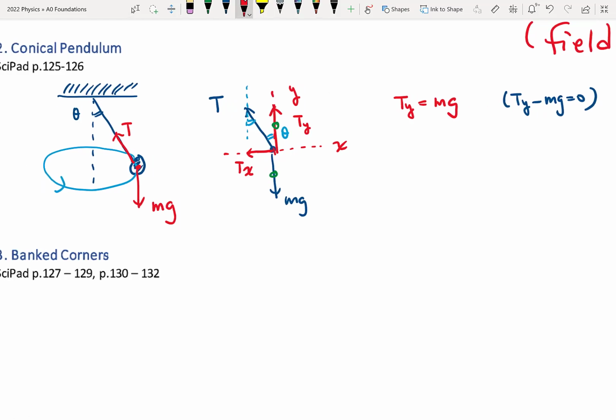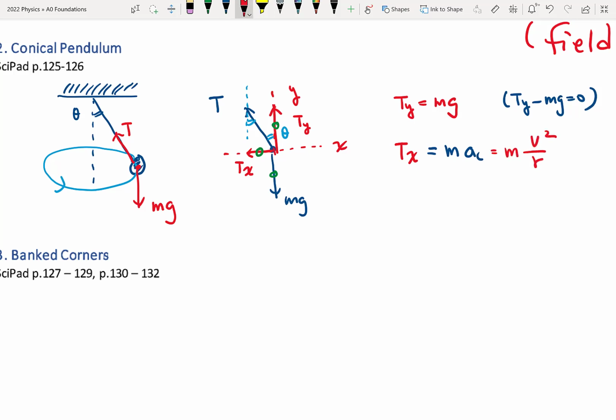And the other one is Tx. So Tx, the horizontal component of tension, provides the centripetal force the conical pendulum needs. So we have Tx, and this is our centripetal force, and it causes what? It causes centripetal acceleration, ma, which will be